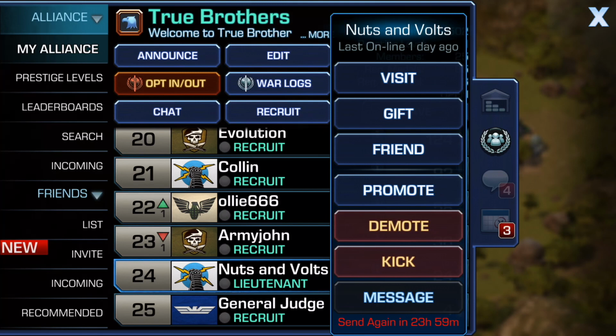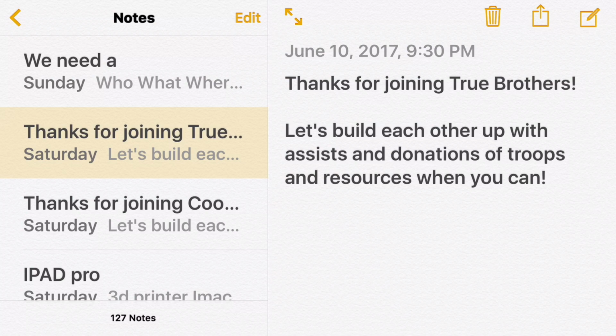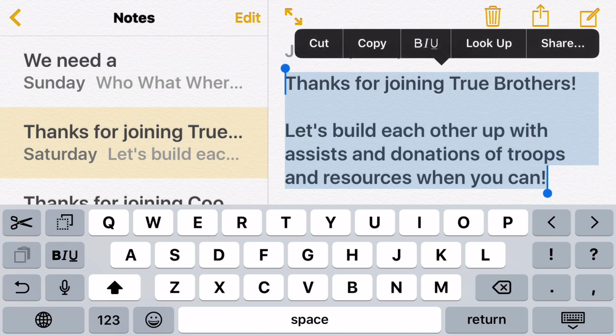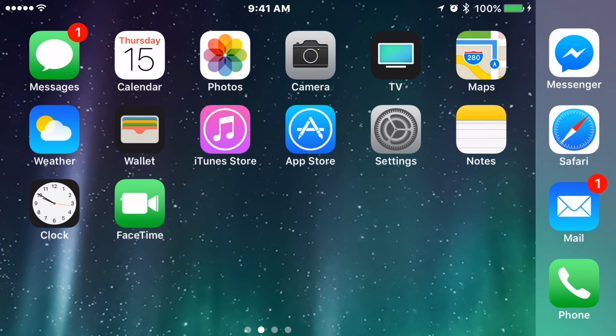So if you want to be able to communicate to your alliance members in concise messages, one of the things I've done in the past when I've been writing messages is we click off of here and go to, say, your notes. I made a note, thanks for joining True Brothers, and then I would copy that and then paste that into a message